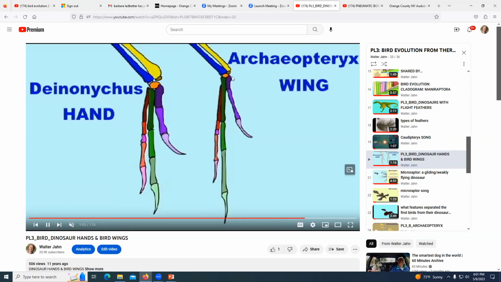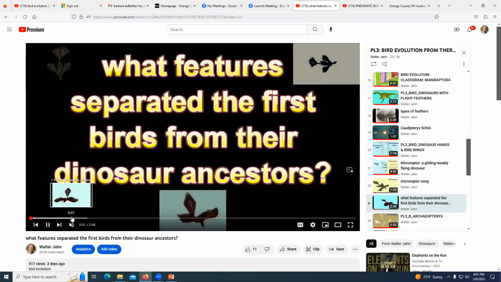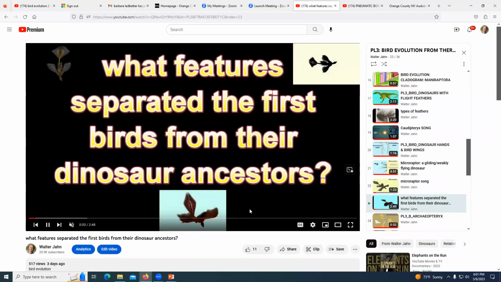This wing is a little bit longer and lighter than this hand. But that's about it. Other than that, they have all of the same bones, including some unique ones, this orange one being kind of semicircular. That's unusual. Only this group of dinosaurs and the first birds have that. The number of bones in the finger counts. And if you were to ask this question, and I've asked this question of experts,